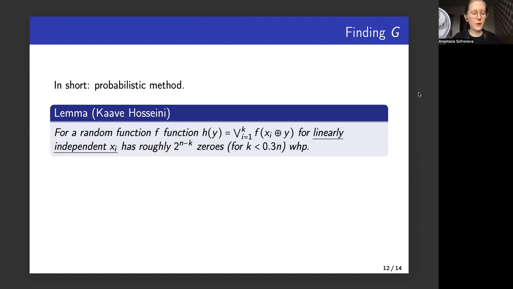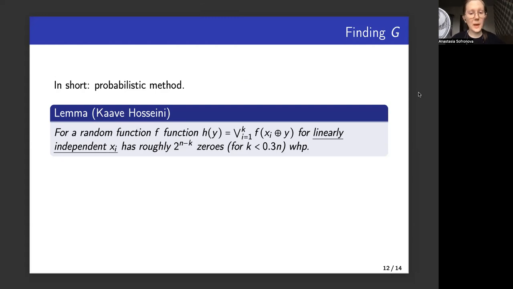I want to say that if those vectors, those outputs, are linearly independent, then those XOR compositions behave almost like random functions, which means that if we take k such XOR compositions, then the intersection of the zeros would have size roughly 2 to the n minus k. So that's a very natural behavior for a random function, really. Meaning that if we add one more function g with one more linearly independent output on X, then the size of this intersection of zeros drops down by a factor of 2.